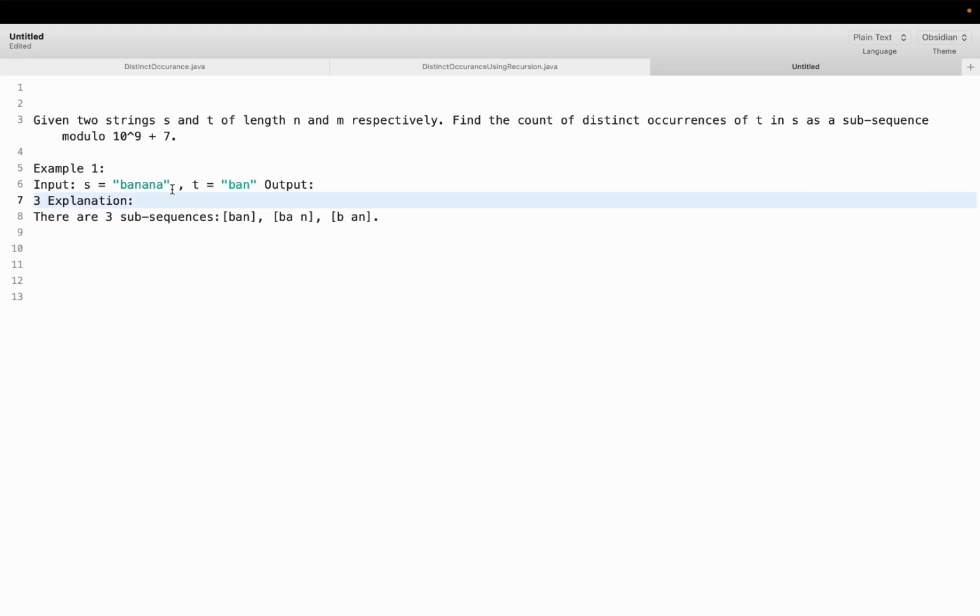Because in banana, ban can be formed using the first three characters, first ba and this n, first b and these two an. If in the question it was mentioned to find distinct occurrences of t in s as a